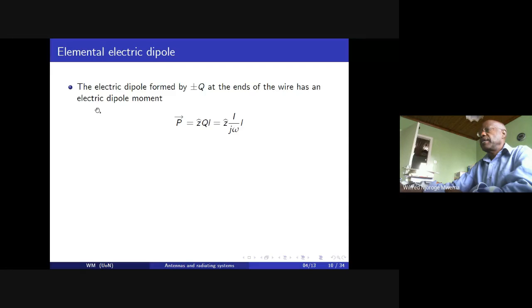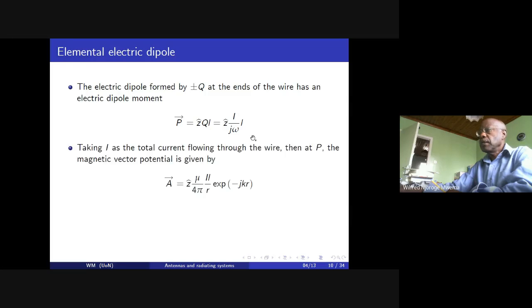So the electric dipole, formed by plus or minus q at the ends of the wire, has an electric dipole moment given by p equal to z hat q multiplied by l. Remember that the dipole moment p is of course the charge, usually the positive charge, multiplied by the charge separation L. And this can be given as z hat I divided by j omega, multiplied by L. And taking